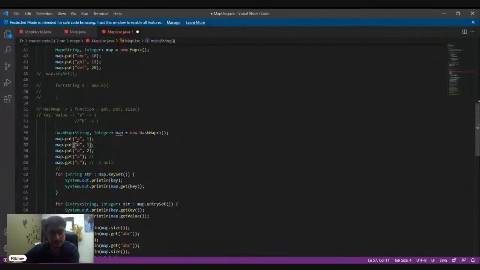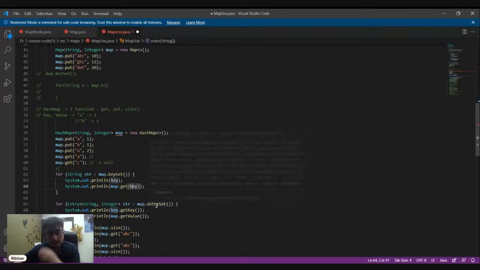Yeah. So this is something, right? Essentially, this is the map.keySet function, which gives me all the keys which are present in the hash map, right? So this will give me a comma b. And then I iterate over all the keys and I print the key and I print the map.get key as well. So that gives me a and then the corresponding value, that is 2, and then it gives me b and the corresponding value, that is 1.